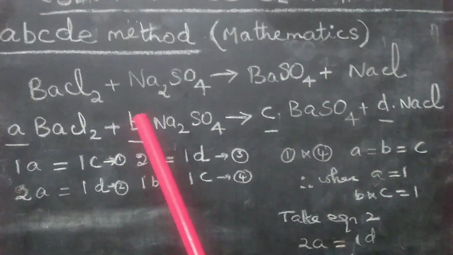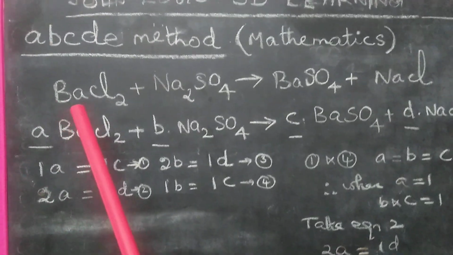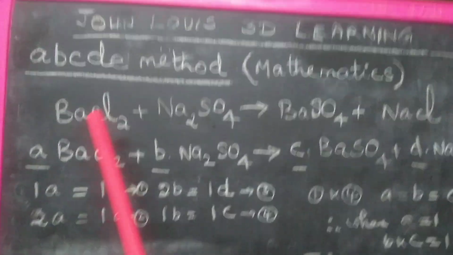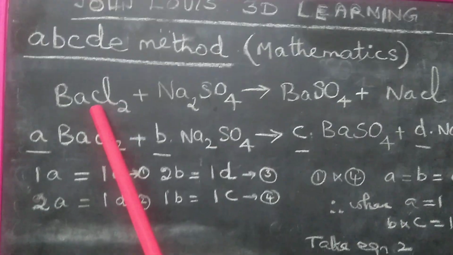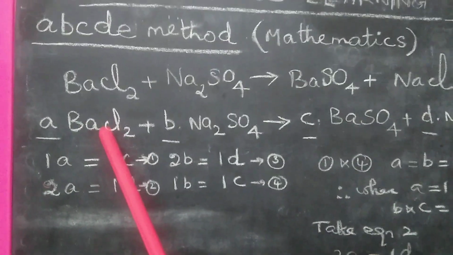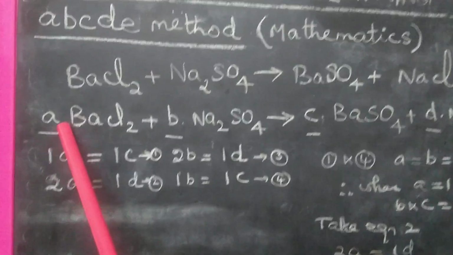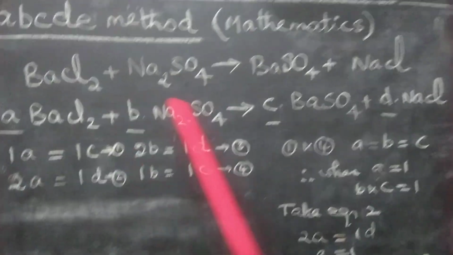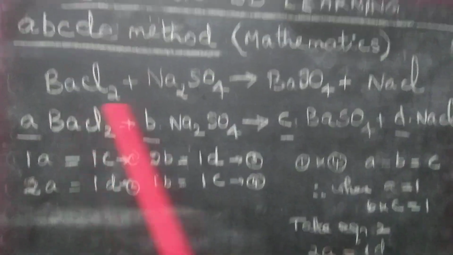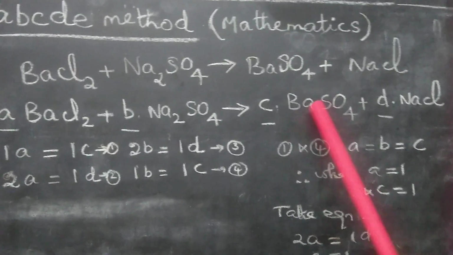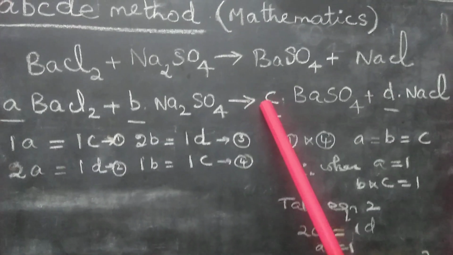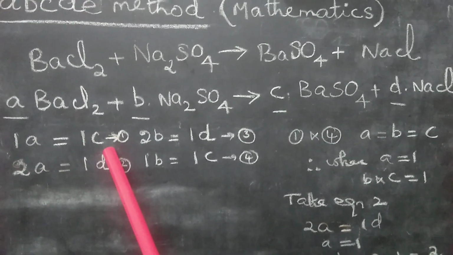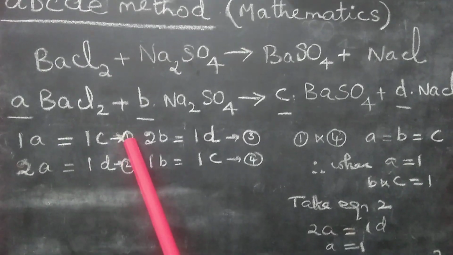Now what we need to do is, we have to take each and every atom on the left side and equate it to the right hand side. Okay, you take barium. How many barium here? Only one barium. And what is the number in front? A. Therefore 1A is equal to, and you go to the product side, you take the same barium. How many barium is there? Only one. And what is the number in front? C. Multiply these two, C. Therefore 1A is equal to 1C. That means what? A is equal to C.